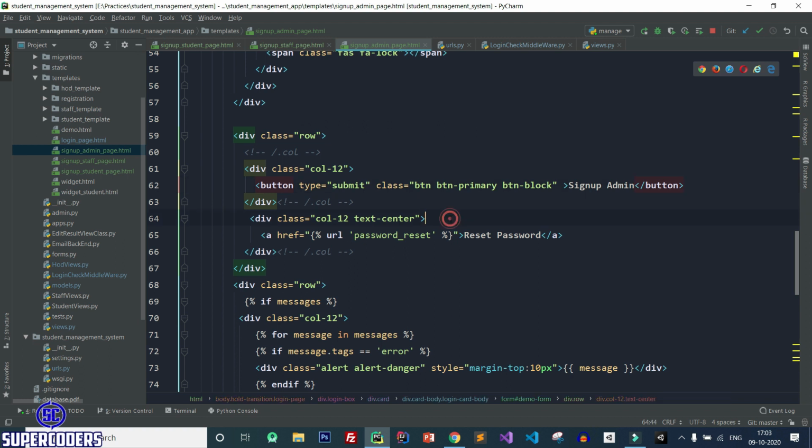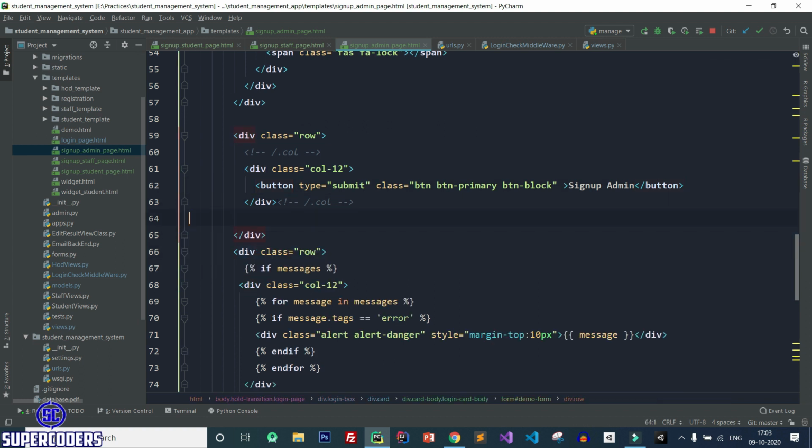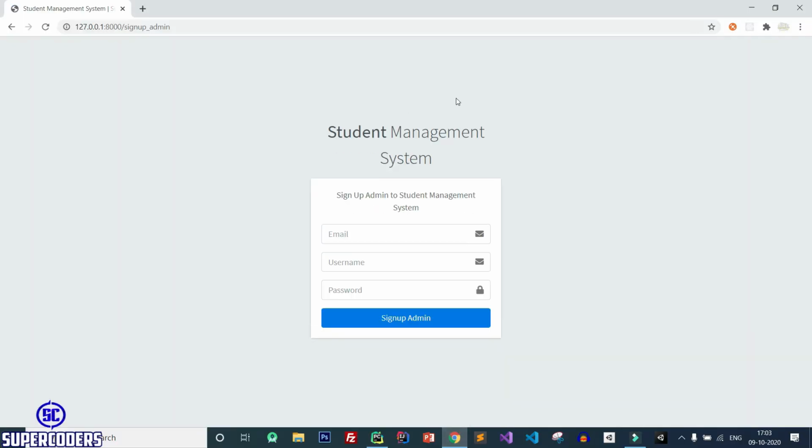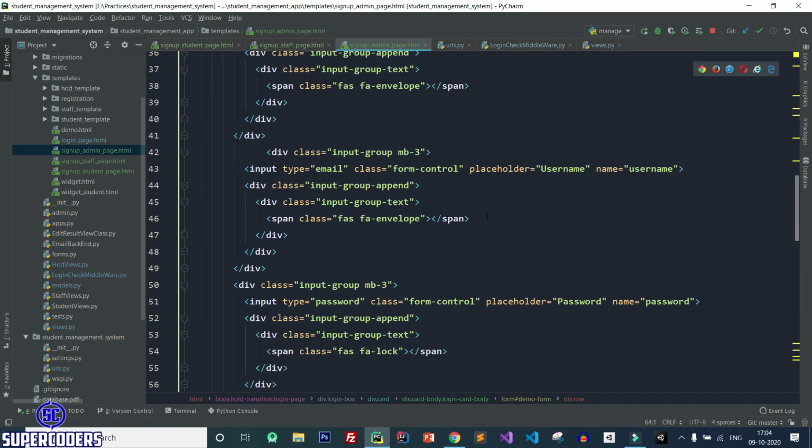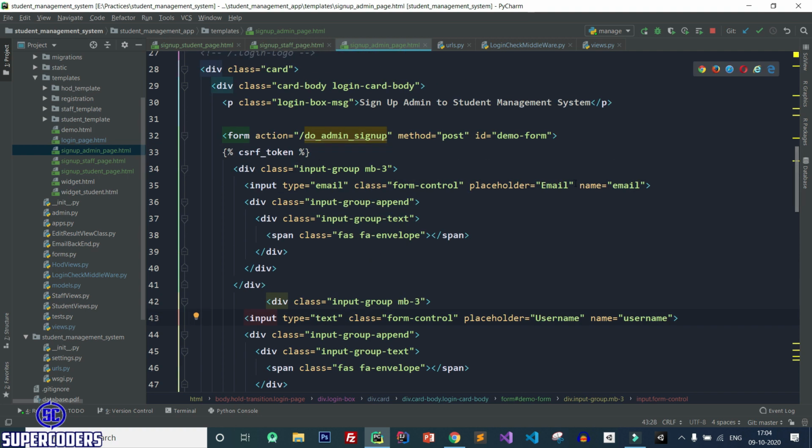Also remove this reset password. Now save it, back to Chrome, refresh page and you can see sign up to student management system, email, password. So let's see, back to PyCharm and here username, change this to text and username, password, email.